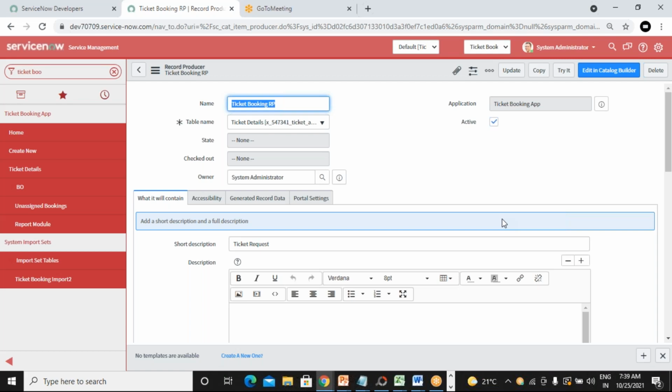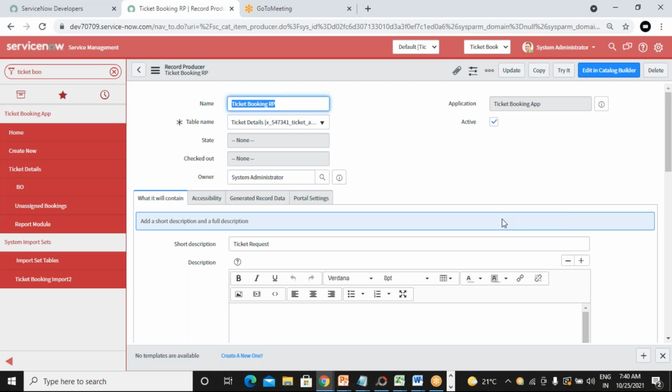As I said earlier, when you submit a request, it will create a REQ. After the REQ, it will generate the RITM. In a single request, multiple items can be there, so multiple RITMs will be generated. For each RITM an item number will be allocated. For each RITM, it again creates a task, which will be allocated to a particular team member.